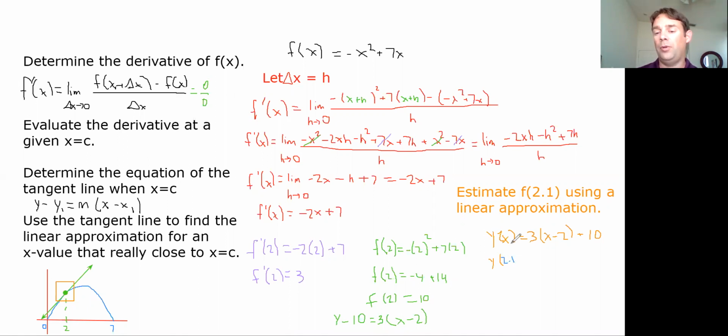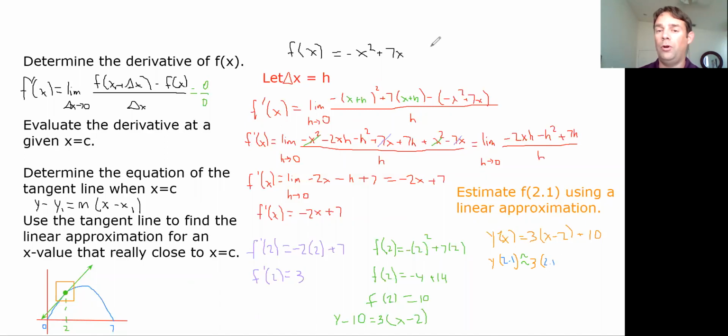This is an approximate. And by the way, because it's an approximate, you need to realize you will not get the right answer if you put an equal sign here. It must be an approximate sign. This is an approximate value. So we're going to use our tangent line to approximate that value